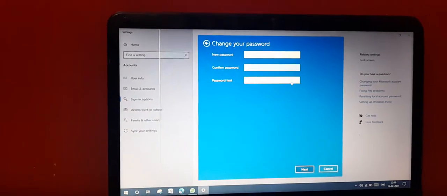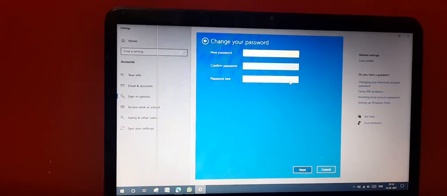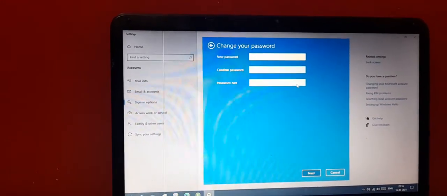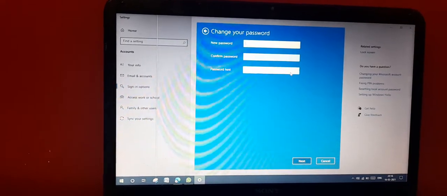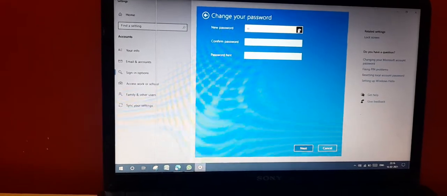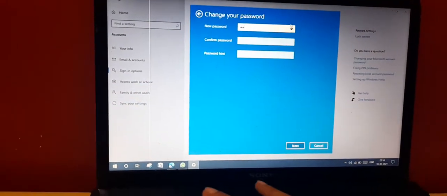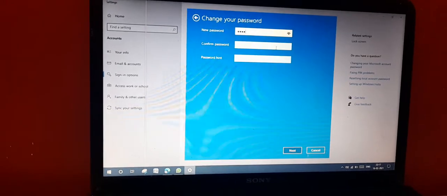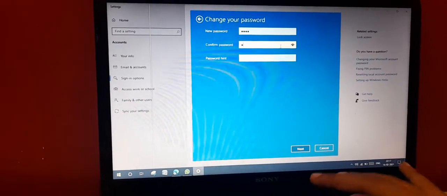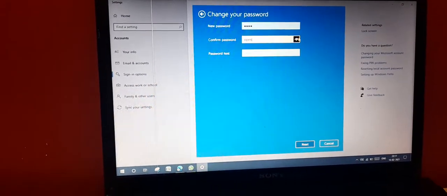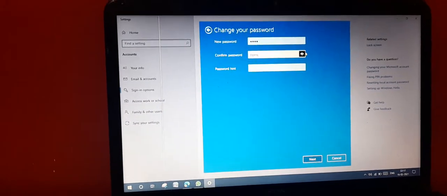So here, in the new password, you should not use caps lock. If you use it, then when you turn on your laptop, at that time also caps lock should be on. See here, I'll show you. See, first I have put it open. Then here also you should put open only, to confirm your password, that you will remember it or not.